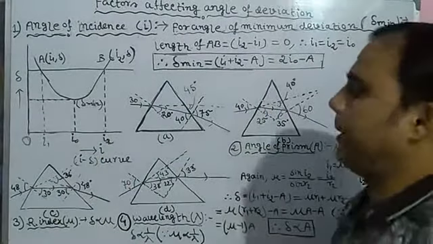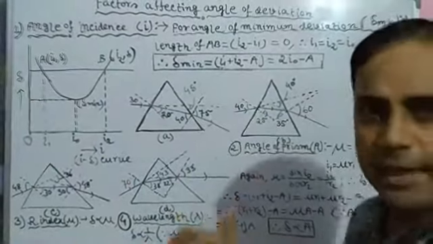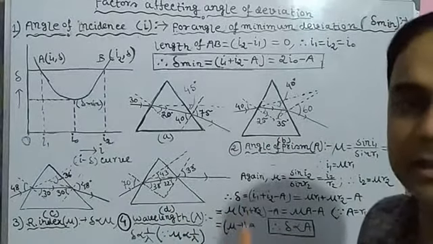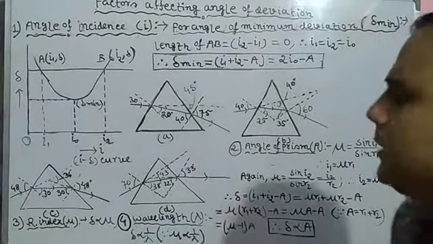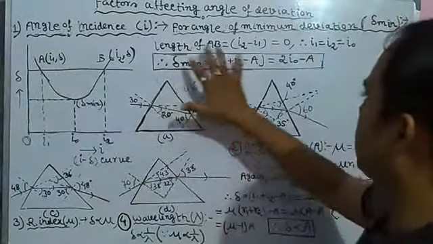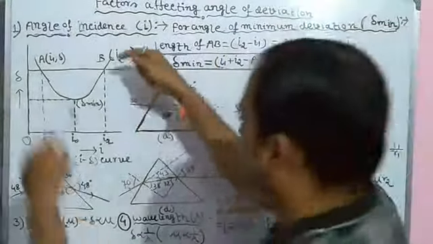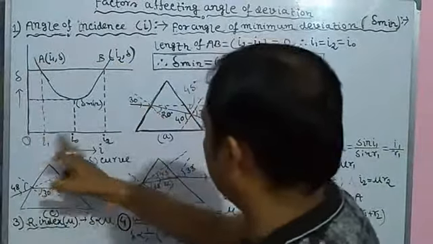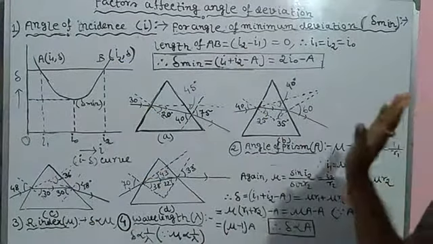So why is it happening? Why at first does it decrease and then again increase? What is the reason behind it? Now here if we see the length of AB, very clear, if we draw a normal, that is I2 minus I1, clear.